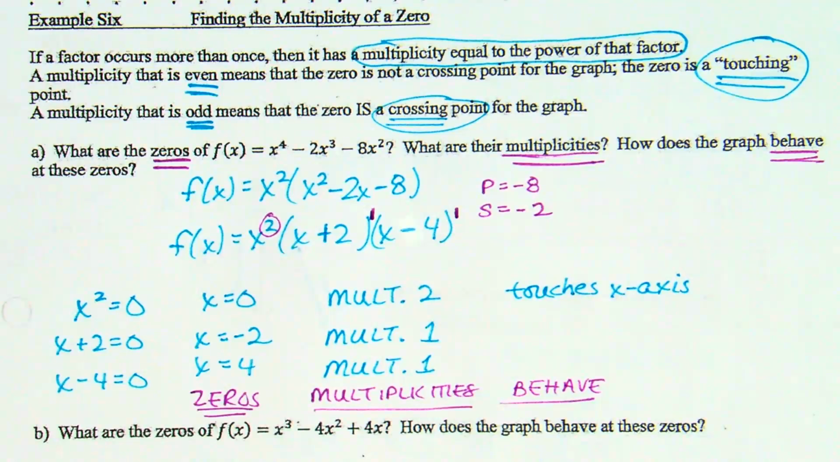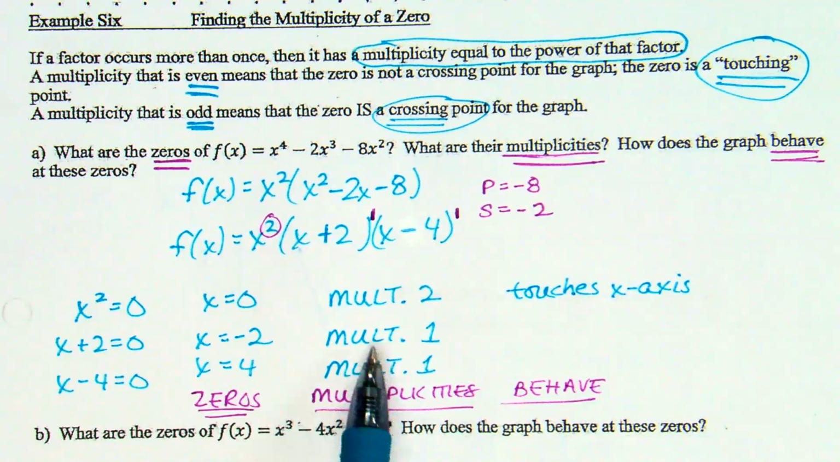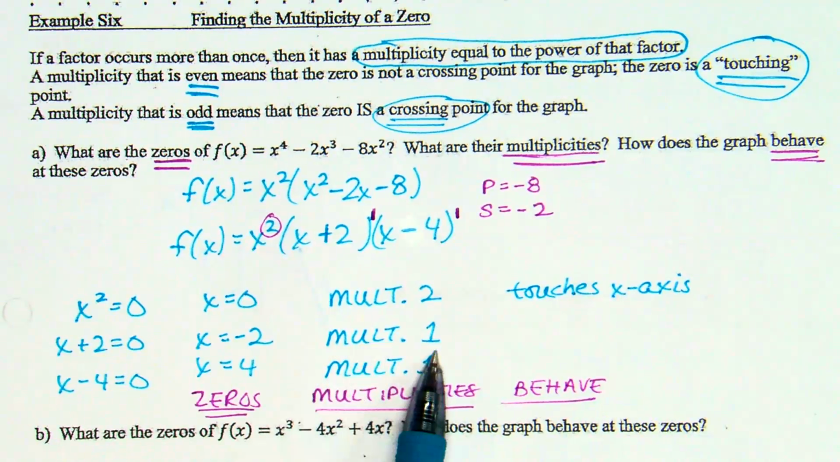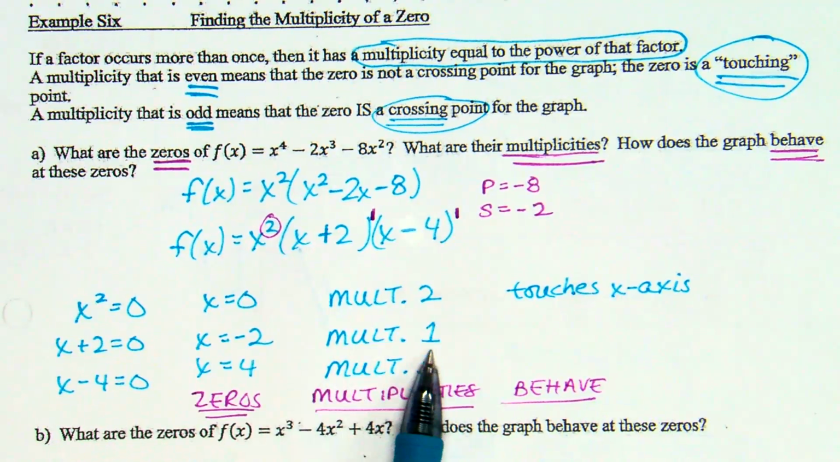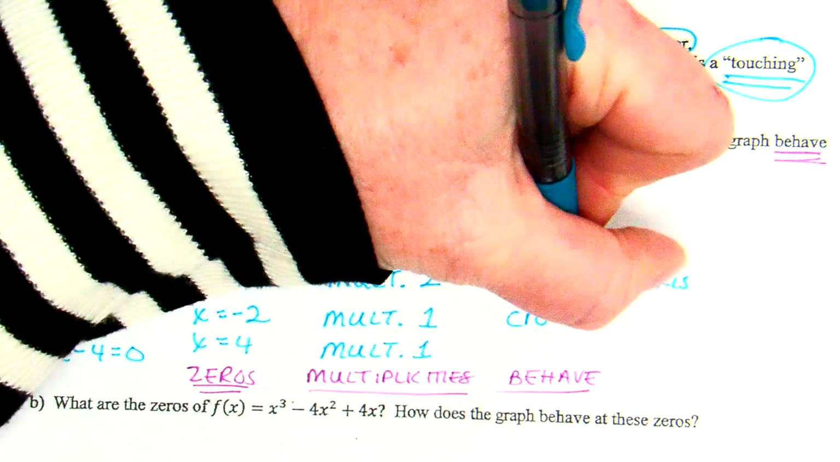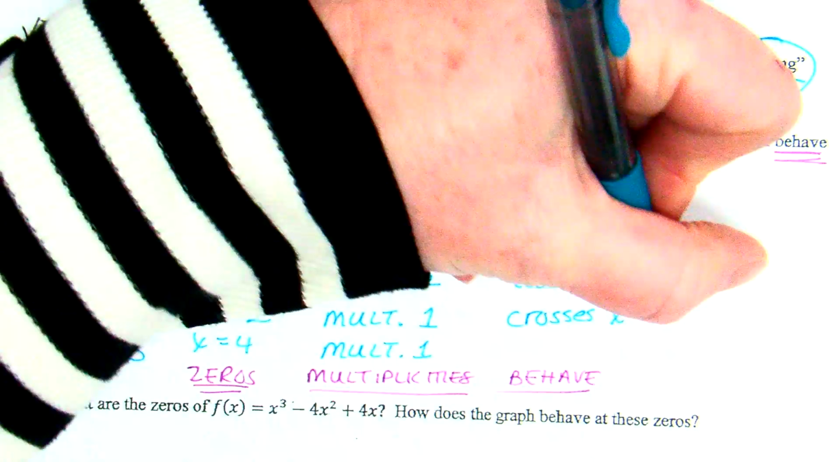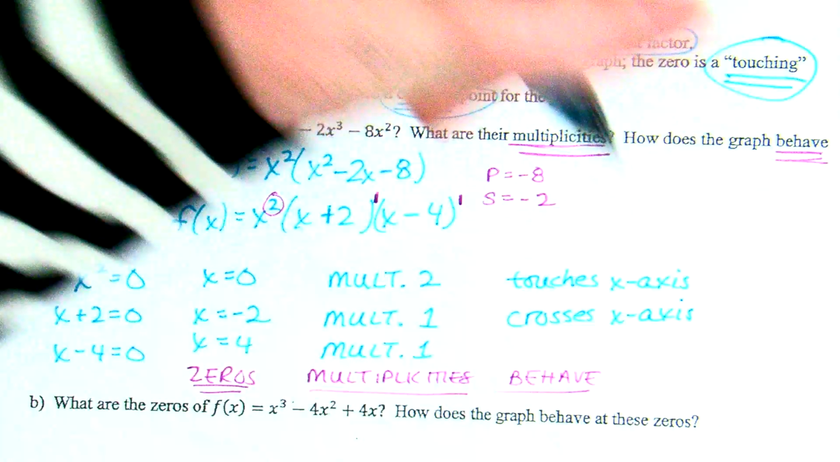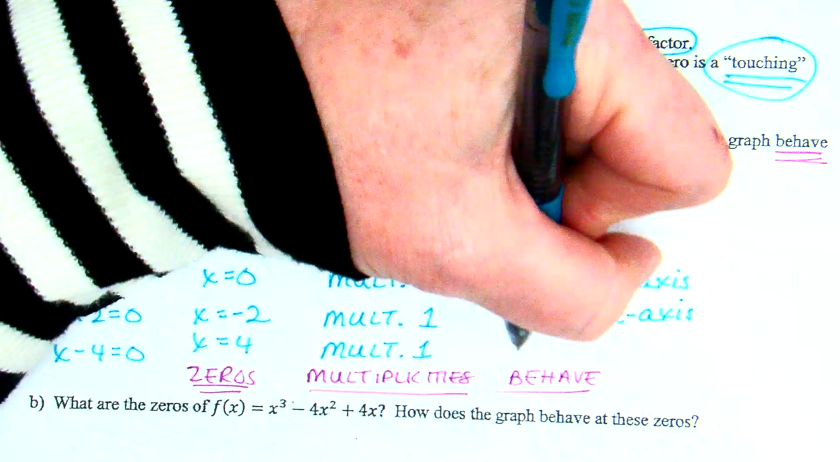What about at x equals negative 2? It has a multiplicity of 1. 1 is odd. What do odd multiplicities say? It crosses it. So it's actually going to cross the x-axis. And the bottom one also has an odd multiplicity, so it